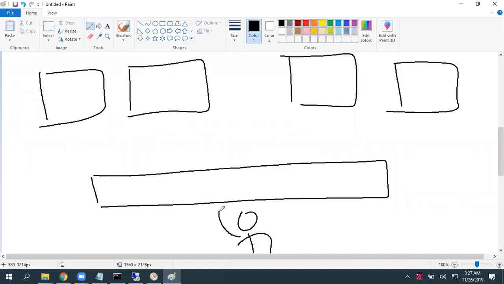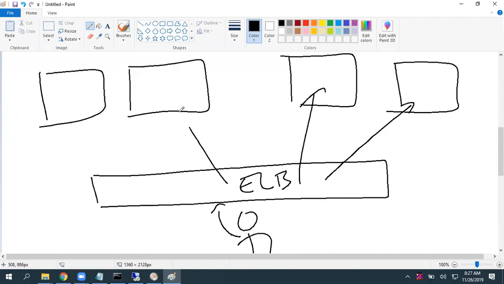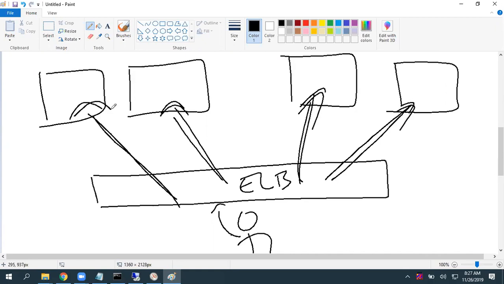The end customer gets connected to this load balancer. In AWS, we call it ELB, Elastic Load Balancer. It routes traffic to all our associated instances. It continuously sends the traffic, and the advantage is that it continuously monitors the health status of the EC2 instances.